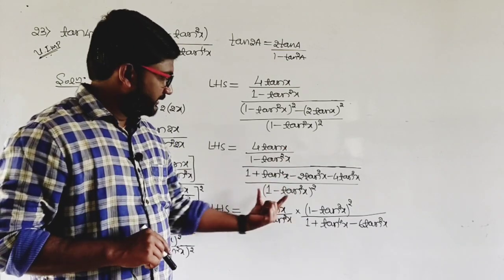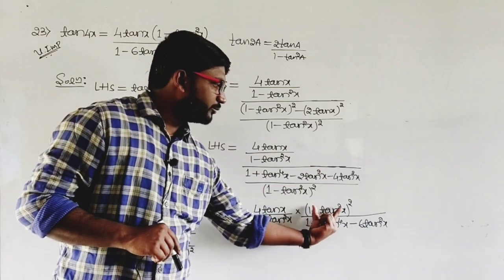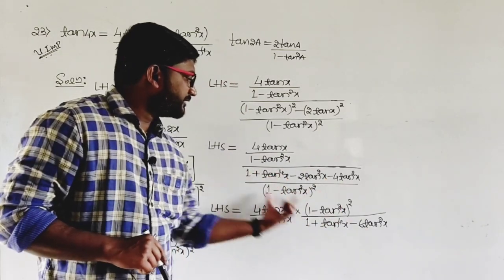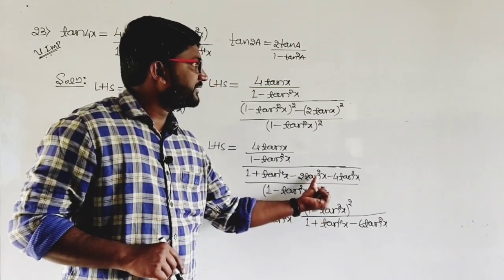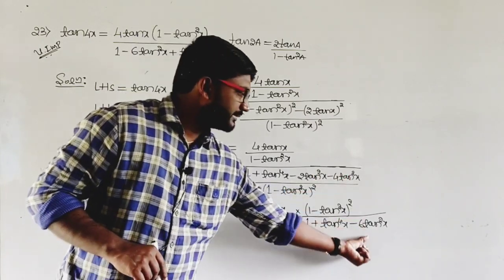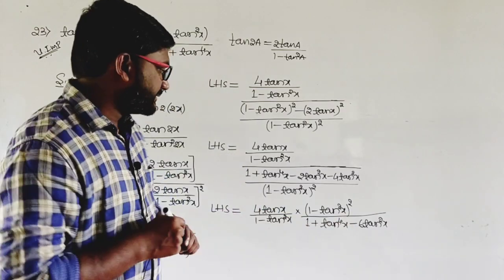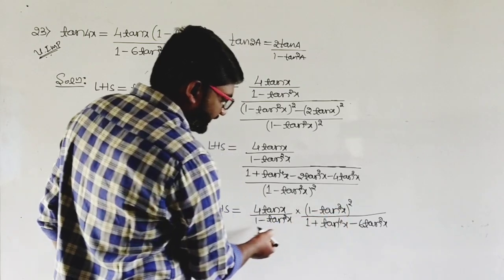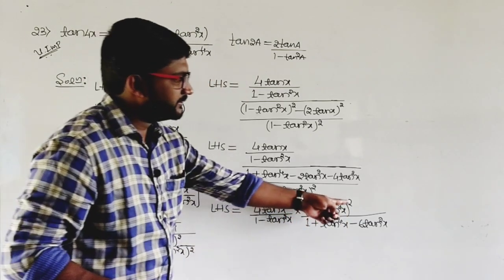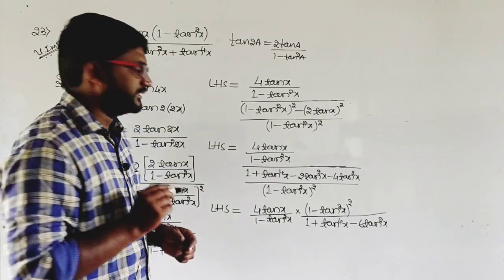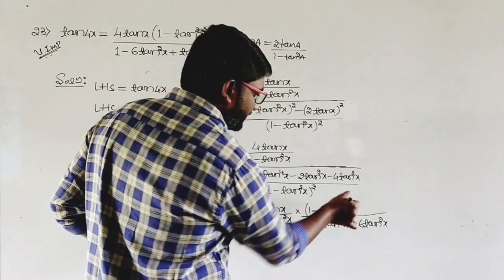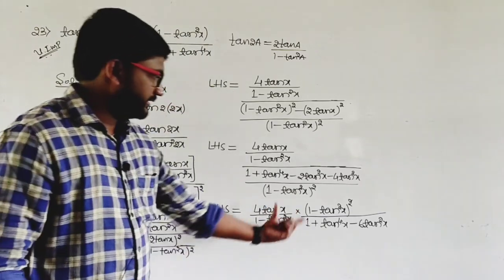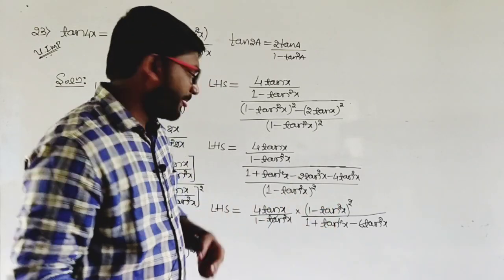we call it reciprocal. So this goes to the numerator. Then I have written this in the denominator. I have written the first two terms as it is, then minus 2 tan square x minus 4 tan square x will give us minus 6 tan square x. So here in the next step, 1 minus tan square x and here 1 minus tan square x get cancelled, so one 1 minus tan square x goes from this, and one from that. You have one more 1 minus tan square x in the numerator.